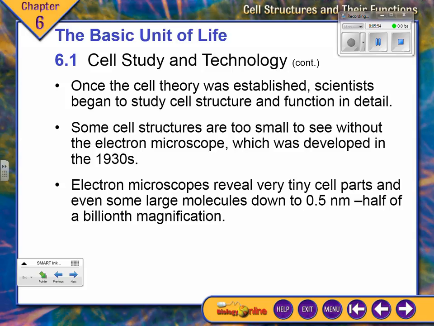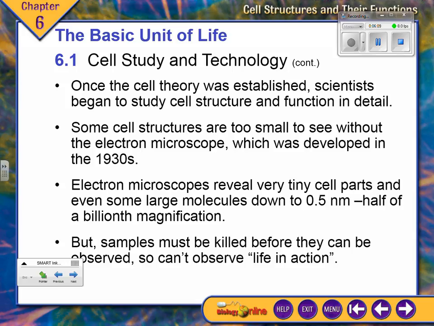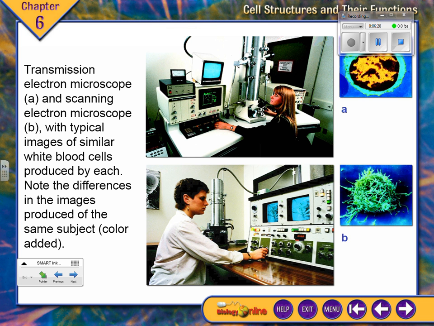But just in this last century, in the 1930s, what was the new type of microscope we invented? Electron. Now these are dangerous. We need to have these cool big machines. I'll show you on the next slide. The sample must be killed, and that way, the light microscope can look at behavior and movement and other things that this can't. But the electron microscope can get really, really small, and they're large.